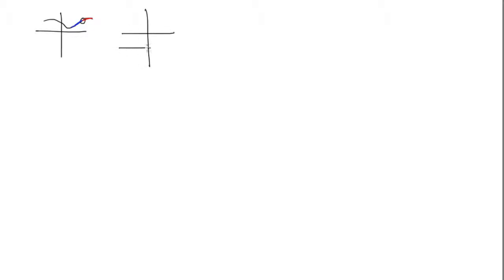So say, for example, we had a function like this. Then the limit on the left looks like it's one value, and the limit on the right looks like it's a different value. And so then what we would say is that the limit doesn't exist. Okay, so here, let's say that this number is 1, and then down here is -1, and this is some function f. We would say that the limit as x approaches 0 of f does not exist